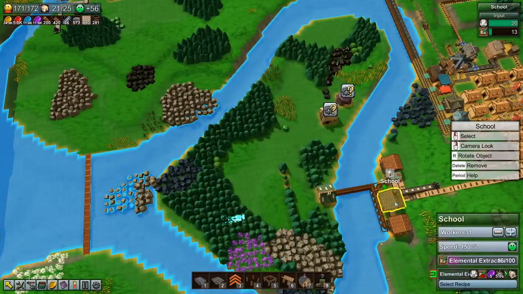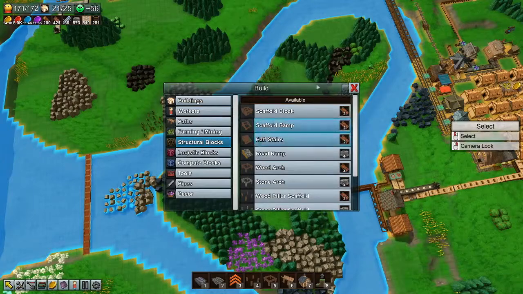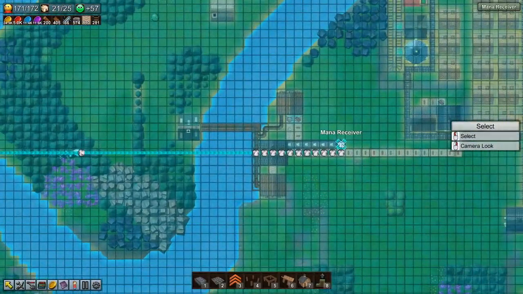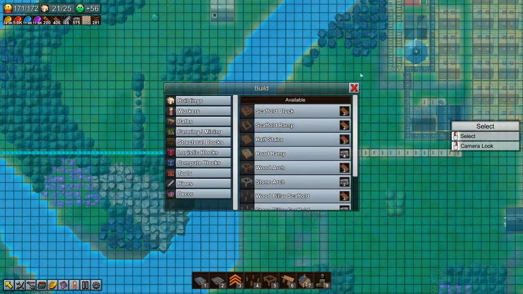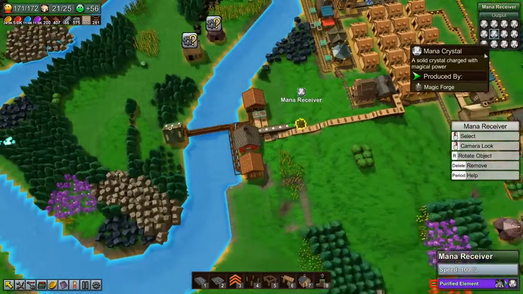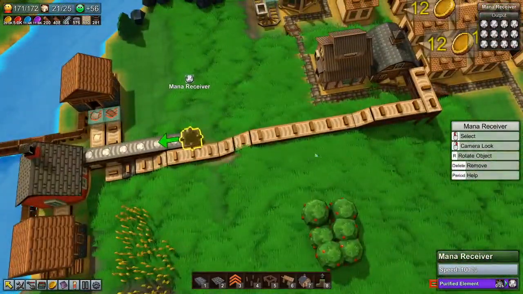They're pretty much all being used by the school at the moment. There's a little bit of a backup here. Do they build up in the mana receiver? If I can find the right button. Yes, they do. Okay, so let's get a